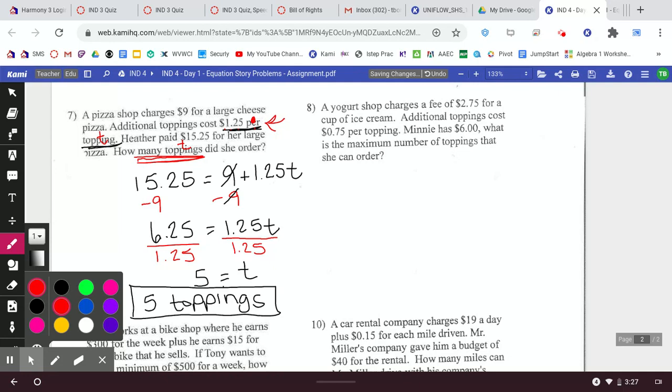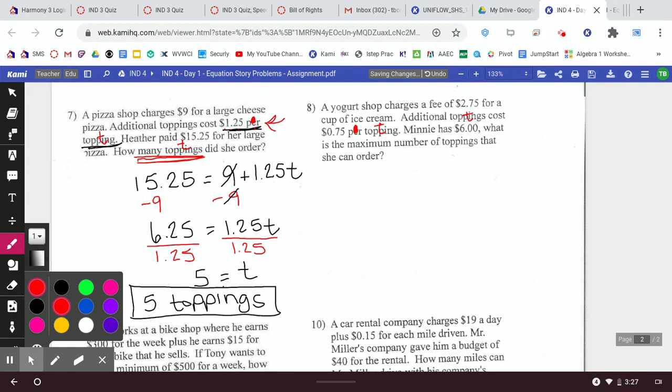So if I were you, for toppings, I would use T again. That cost 0.75. There's that per. So multiply by T. And then she has $6 to spend. So what is the maximum number of toppings that she can order? And the way that's worded there, you got to be careful, because when you get to your answer,